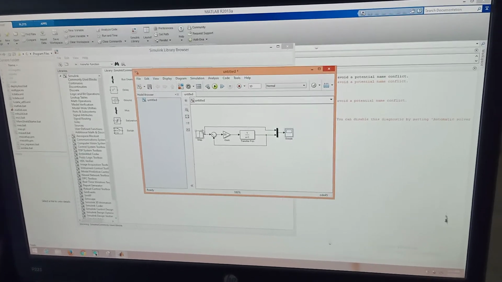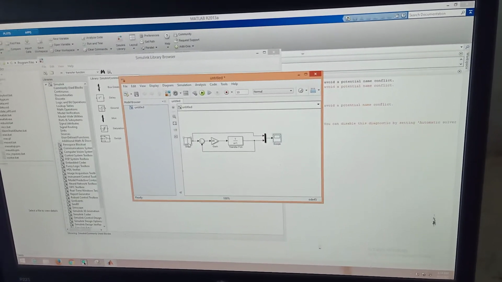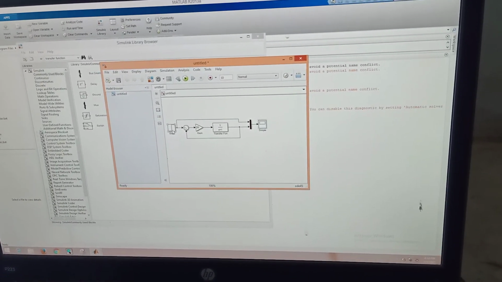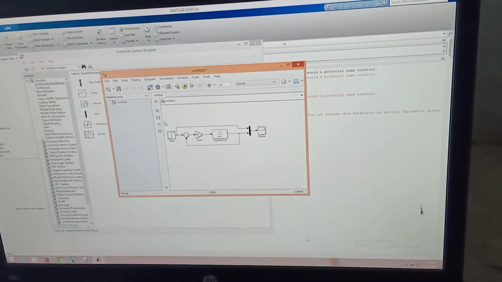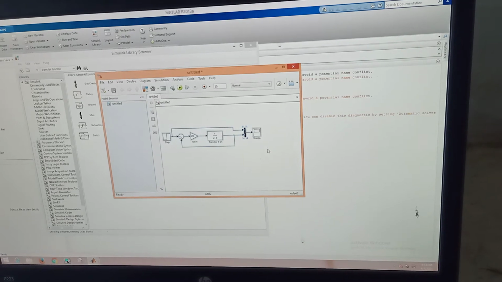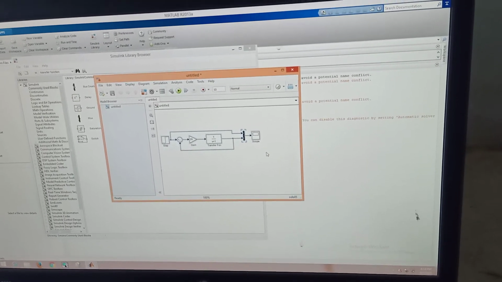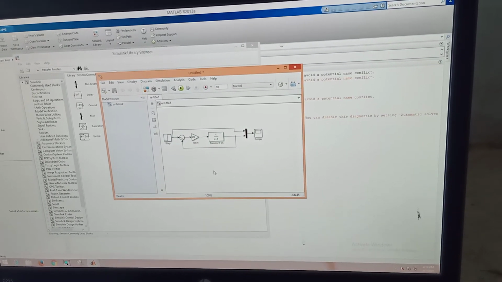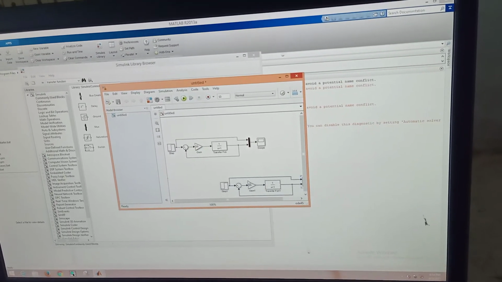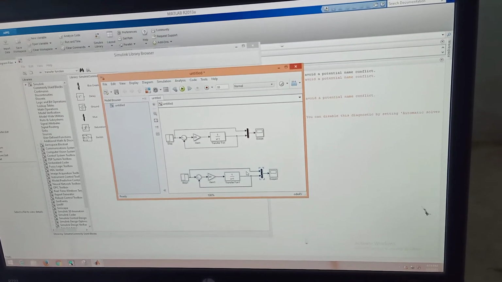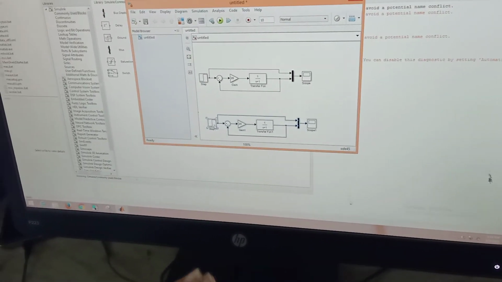Again, the step input can be changed to ramp input. Select all the components, blocks, and press Control C. After that you will get another block. Okay, now I am going to change the input signal.